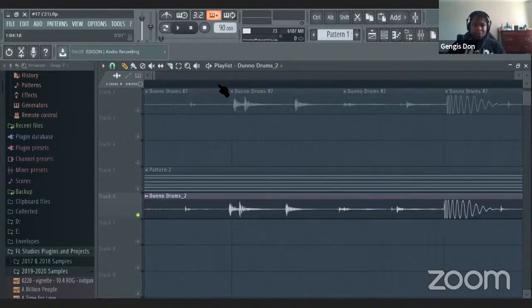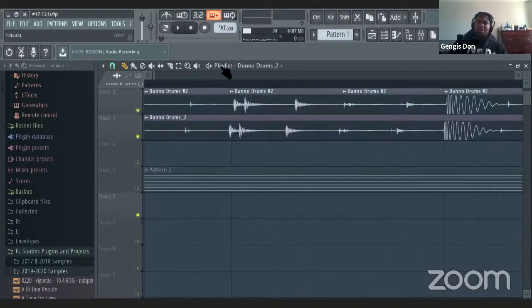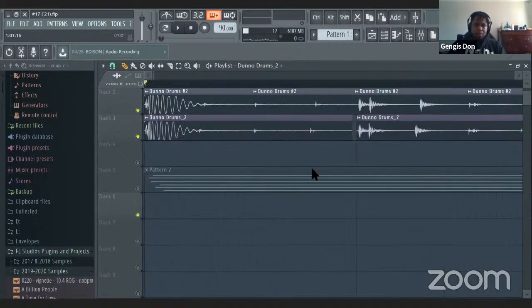The only difference is, you see what I did here is I moved it over slightly. You can see the difference right here in the two, and this is all it is: shift and left click just to cut that area right there. And I just moved it over. Shift and left click. Just little subtle things. This helps with lining up the drums so that you can get a more natural feel on certain things. And that's all I really did for the drums.